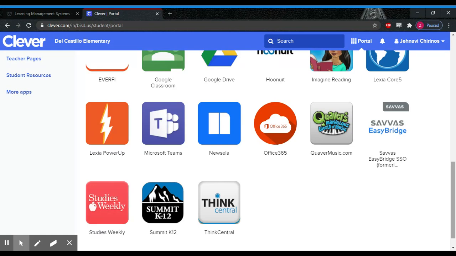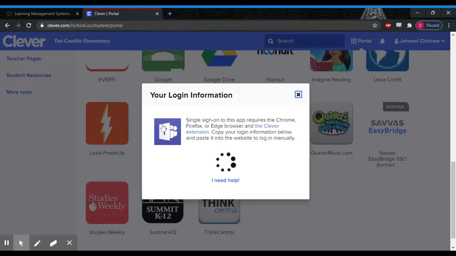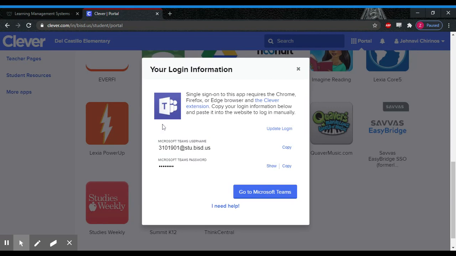So what I want to show you is two things. The first thing I want to show you is Microsoft Teams. So I'm going to click on Microsoft Teams. And you're going to notice that if you don't have the Clever extension installed, this is going to pop up. So I want you to notice that your username is your ID number, followed by the @ symbol, which you can type using the shift and the 2, then STU for student,